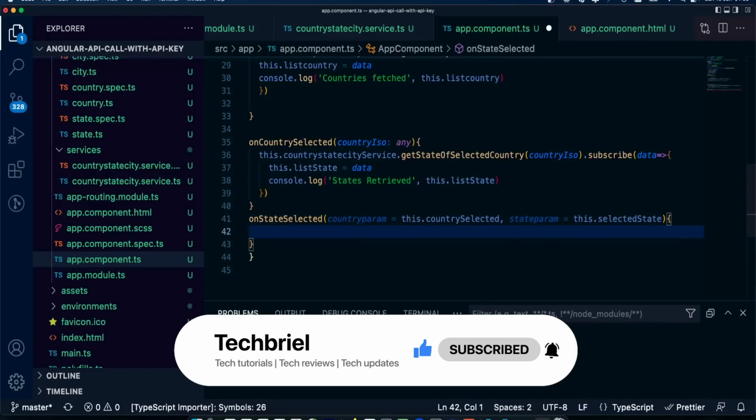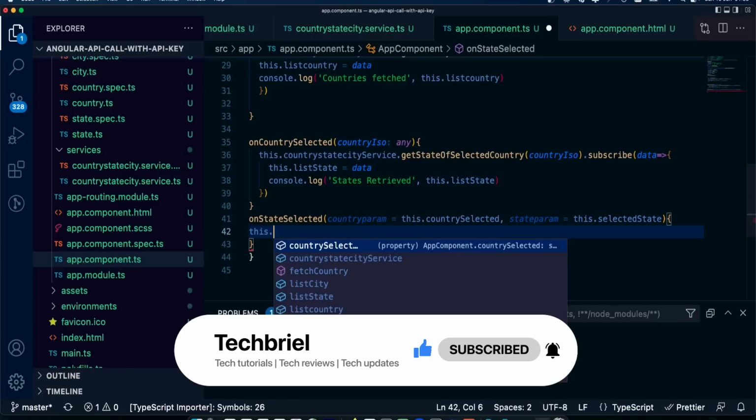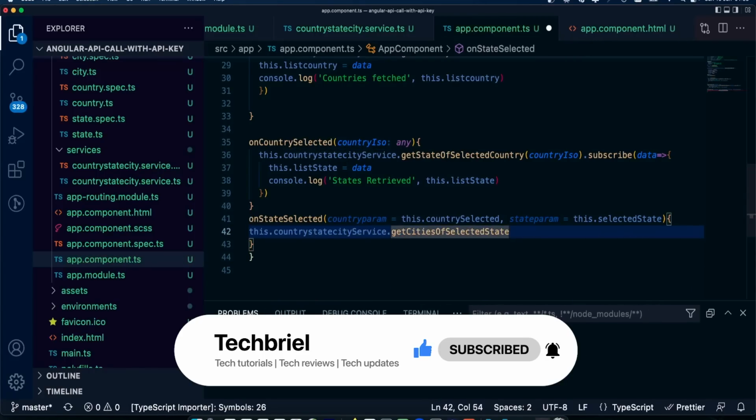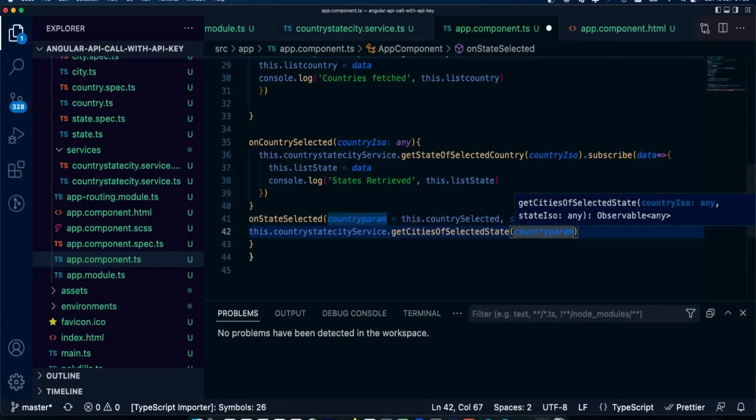Now we can do this.getCitiesOfSelectedState, and then pass the first parameter.